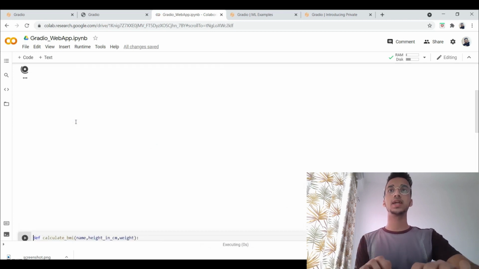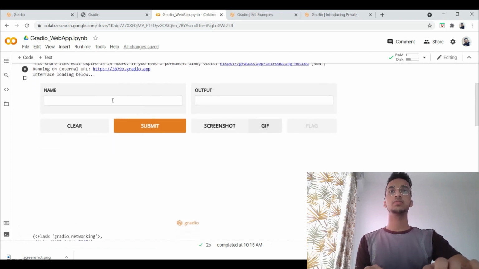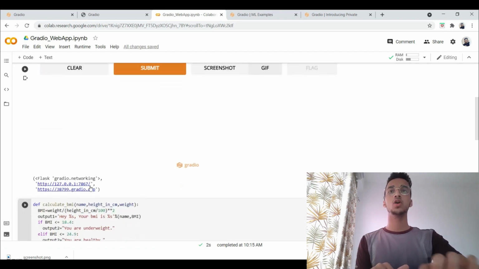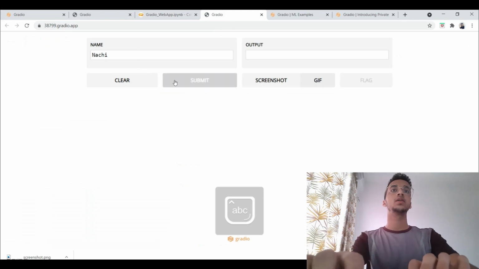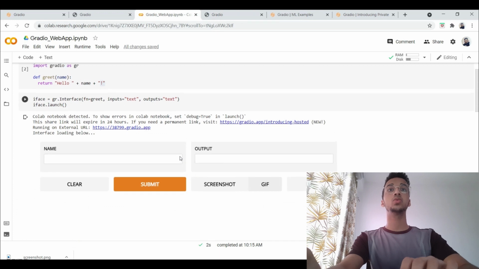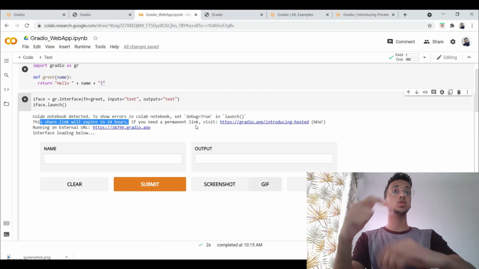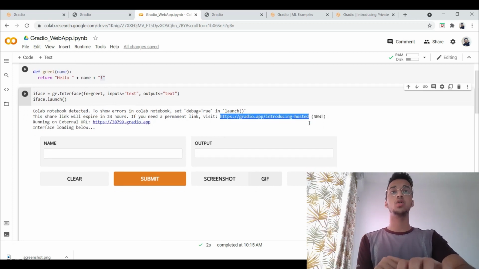So if I just run this, you can see it's deploying that onto the local host, and it takes some time. So this is how the output is going to look like. You can execute the output on Google Colab itself, or it will give you an external link and you can open that and you can basically see the function working. Yeah, so your basic web application is working, and if you want to host that, this link will expire in 24 hours. If you want to make it permanent, you need to host it. If you go to this link, they'll tell you how you can host that onto the cloud as well.